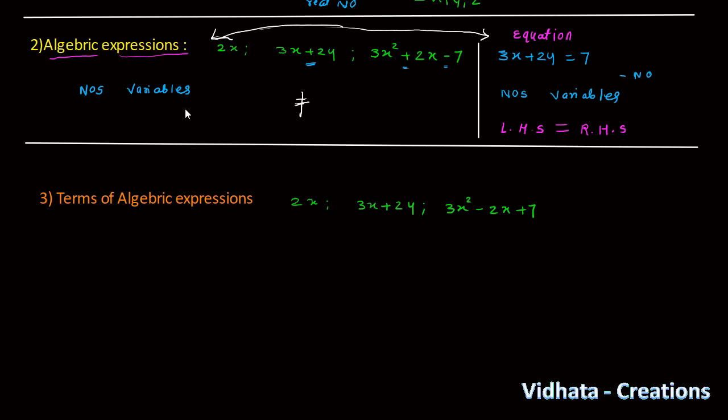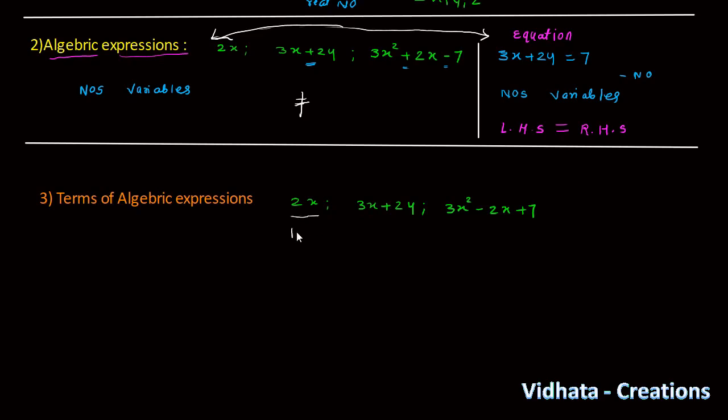Now, we have already studied what is the meaning of the word variable. What exactly are algebraic expressions and equations? In algebraic expression, there is no equal to sign, and in equation there is an equal to sign. Now, what is meant by terms of algebraic expressions? If you want to know about the terms of the algebraic expression, I will give you one hint. If I say that in example number 1,